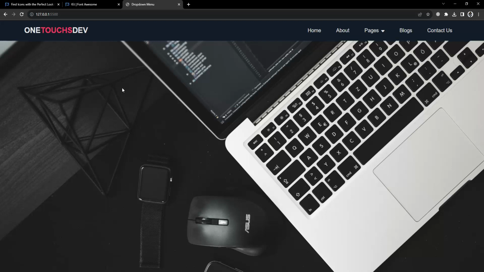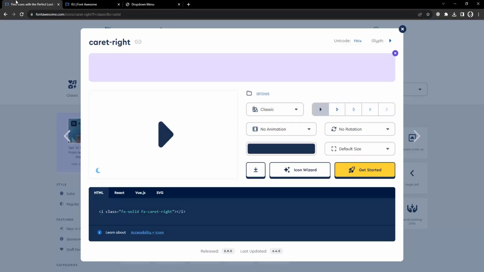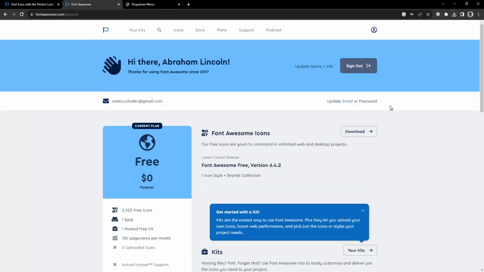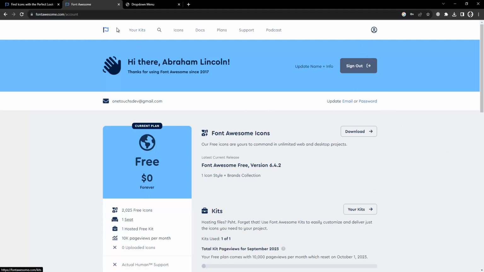And on the other hand, we are going to use a few things in this project. That is, I'm going to use the Font Awesome kit in this project. So I hope you are familiar with Font Awesome. If you're not, kindly go on and create your account on Font Awesome. And once you are logged in on your account, like this, let's load this one. Okay, once you're logged in on your account, you can click on your kits,